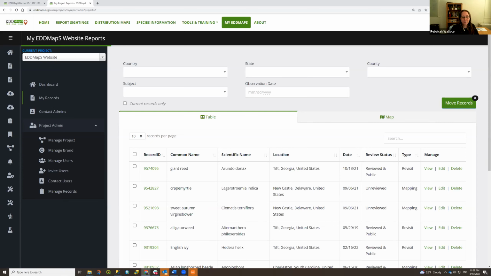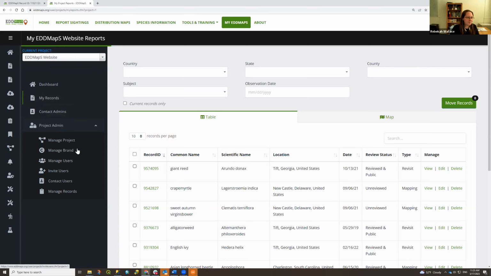But you can move records if you accidentally report them in the wrong project. Currently, the ways you get data into projects is by moving them or by using the EDDMapS Pro app. You can report into projects you're part of through the EDDMapS Pro app.